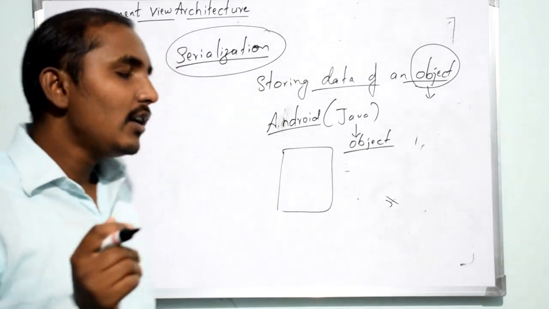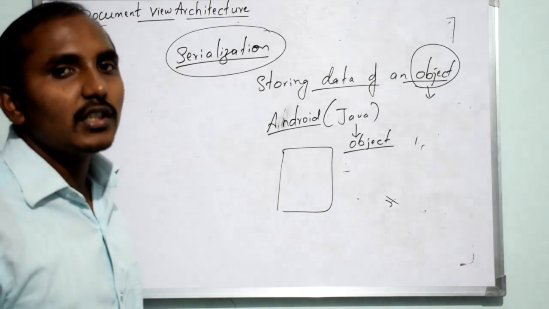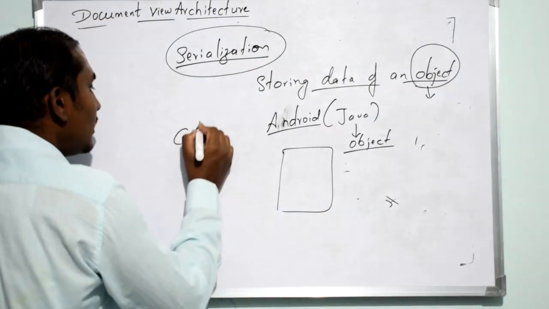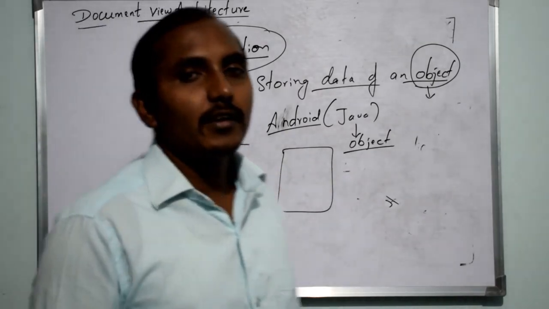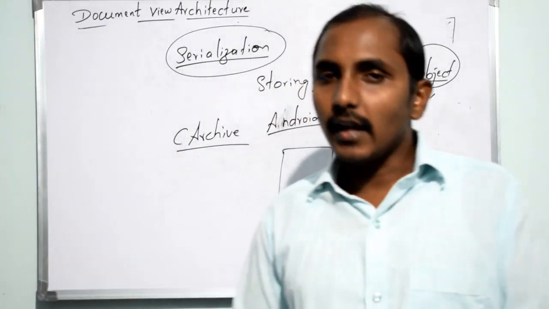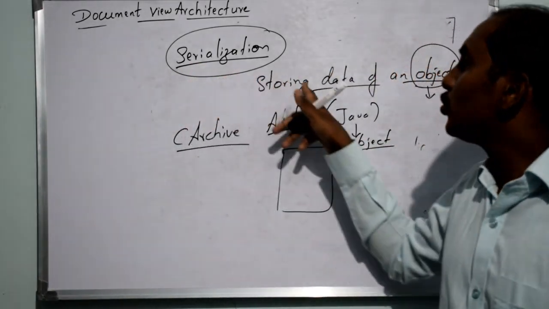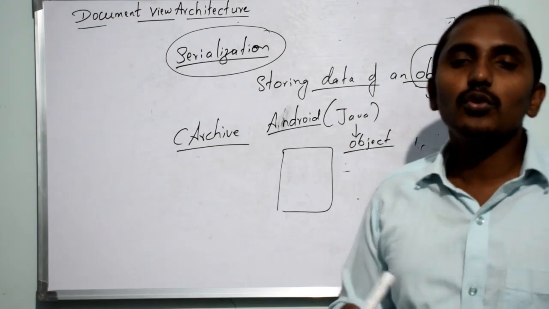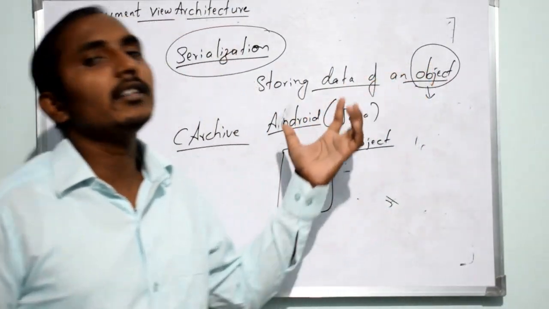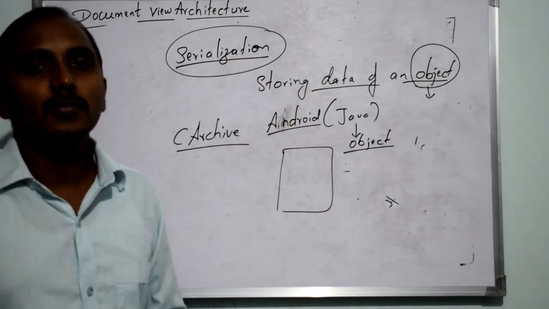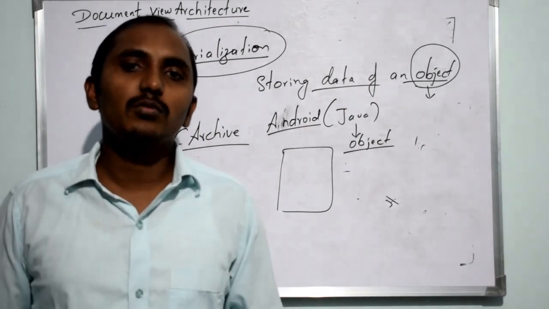This is done by a predefined class present in VC++, called CArchive. CArchive is a predefined, inbuilt class that is used for serialization. What is the meaning of serialization? Storing the present data. The present data in the object, if you want to store that, is nothing but serialization. Hope this helped you in understanding VC++.